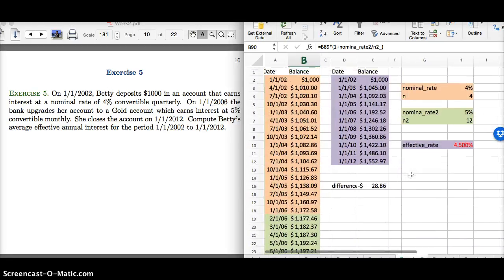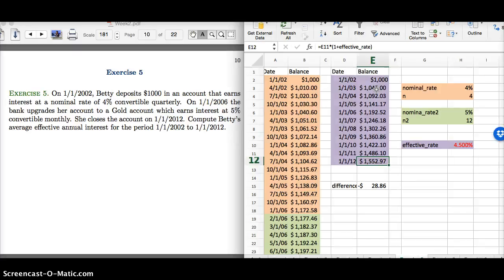So I'm going to make a guess for the rate, and we're not actually asked for a nominal rate, we're asked for an effective rate, compute the average effective rate. So for that, I want to set up my timeline in years. So I start with 1102, then 1103, etc. I start with 1,000, and I use whatever my guess is for the effective rate and multiply by 1 plus the effective rate to get the amount at the end of the year, and so forth for 10 years, and I end up with